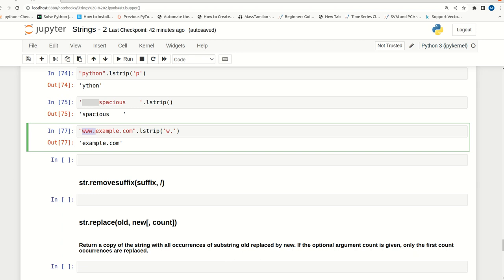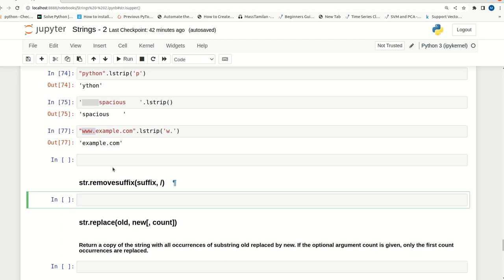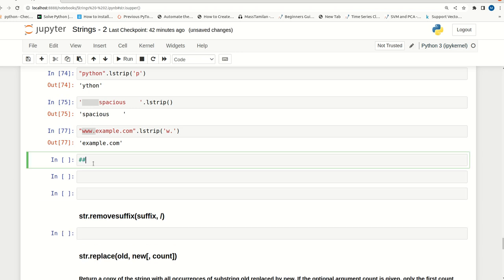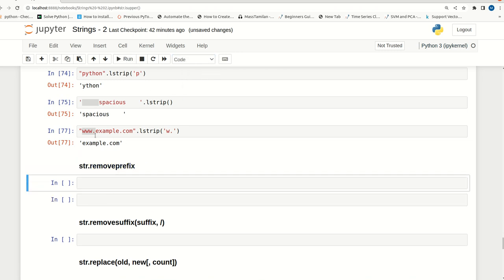So next we can check removeprefix. Okay, there is one more thing, removeprefix. Let me add it here. Removeprefix is similar to lstrip, but the only thing is that it will not do the combination part. Okay, for example, let me have the thing. See here